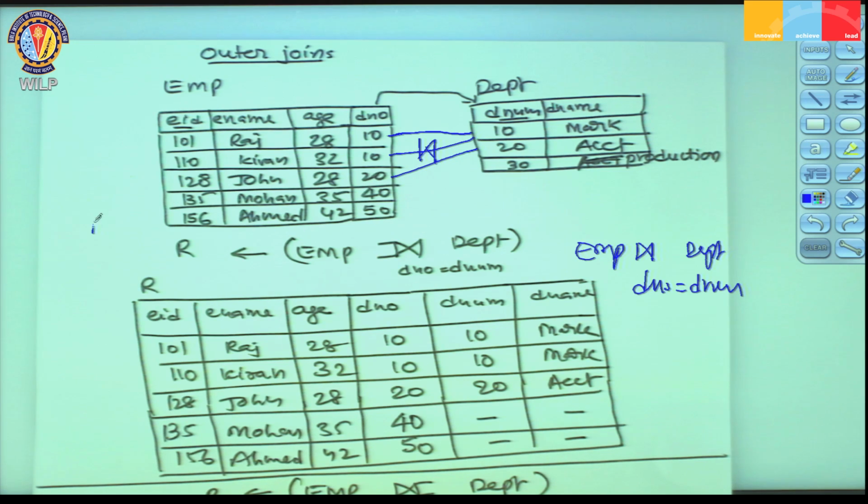department, employee 135 who is working with 40, there is no department 40 in the department table. So there is no corresponding matching tuple for this tuple in the employee table, and that is why it will not show up in the result. Similarly, for employee 156 also there is no corresponding matching tuple, that is why it will not show up in the result. Hence, in the result, if I simply apply the normal join on the join condition DNO is equal to DNUM, it will show up only 3 tuples from here and the corresponding information from the matching tuple from